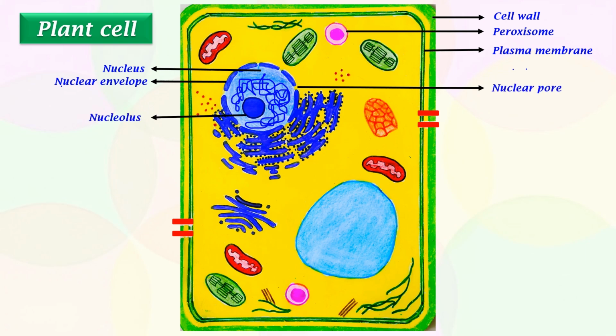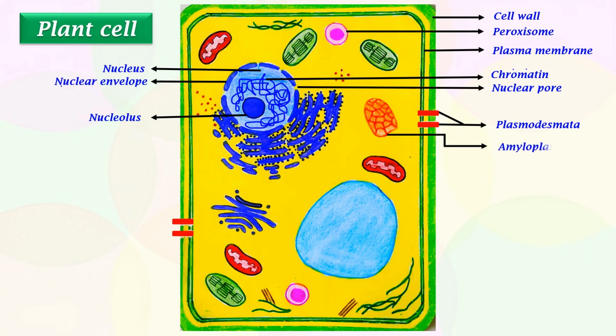Nucleolus and chromatin are present within the nucleus. Plasmodesmata are small tubes that connect plant cells to each other. They provide bridges between cells. Amyloplast is a plastid that stores starch. This is a mitochondrion. Each plant cell has a large, single central vacuole that stores compounds and helps in plant